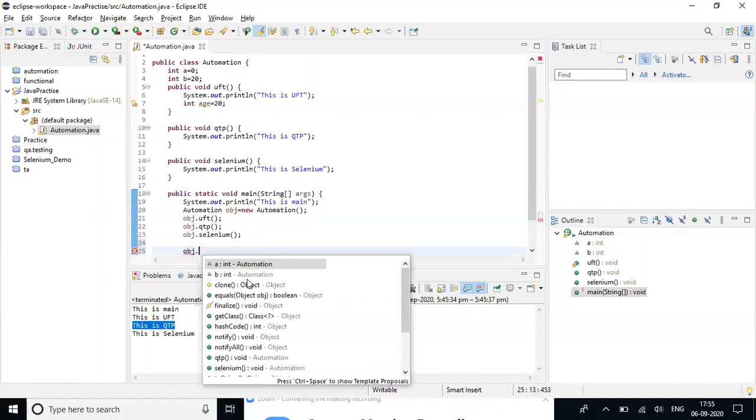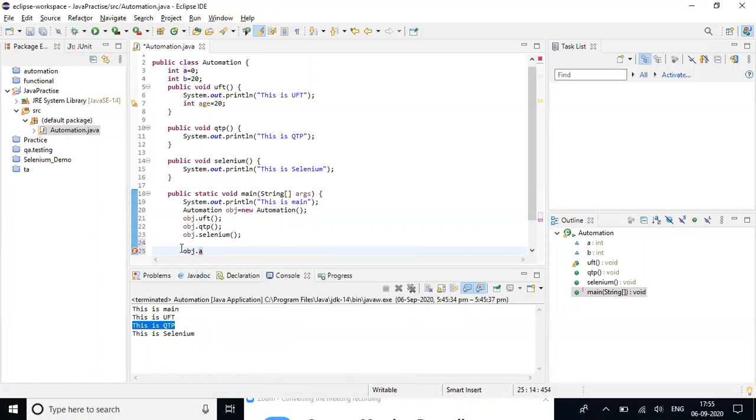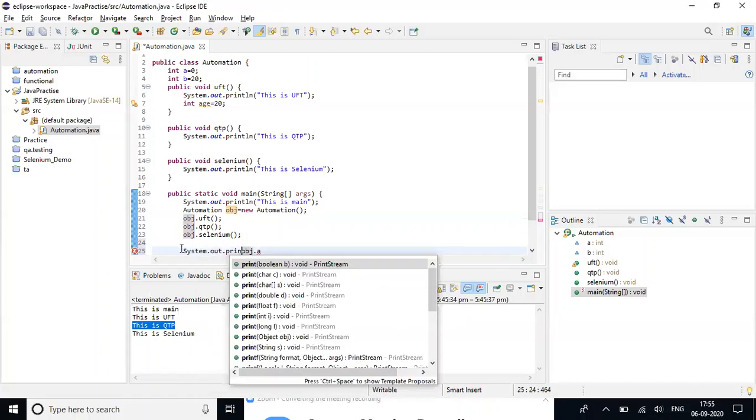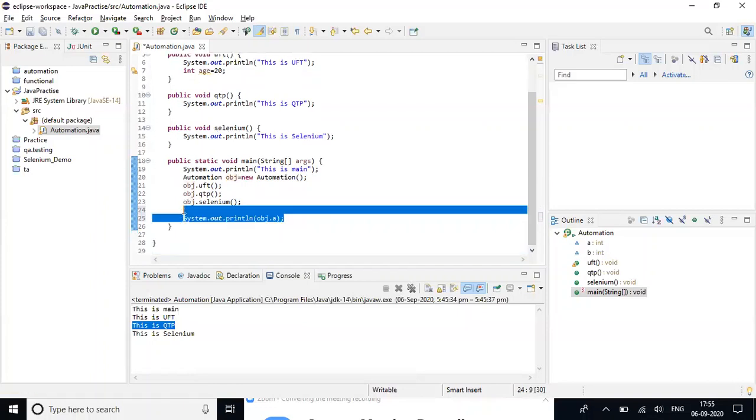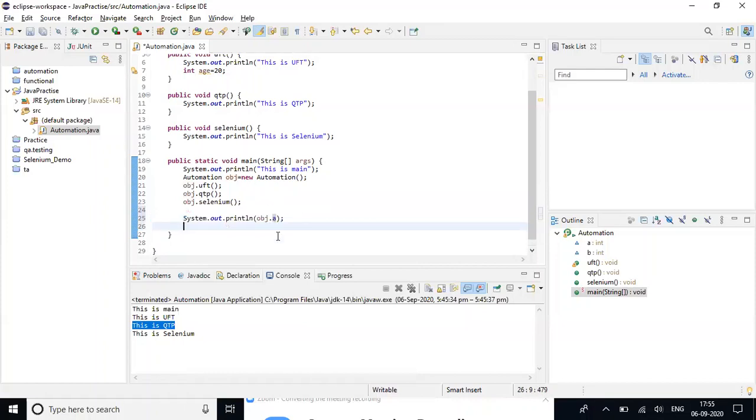If you call a, it will print 0. If we call b, b will be printed. So this one is an instance variable.